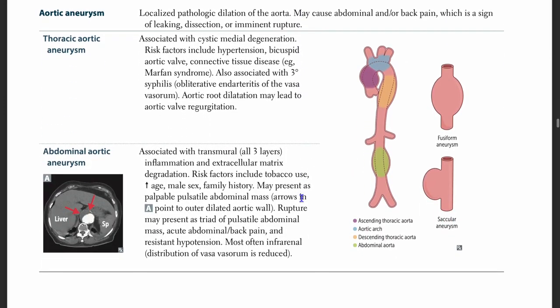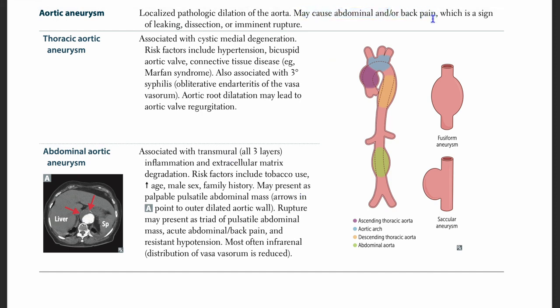Okay, aortic aneurysm. Done with atherosclerosis. Aortic aneurysm, localized pathologic dilation of the aorta, may cause abdominal and/or back pain, which is a sign of leaking, dissection, or imminent rupture. This is a buzzword for it. A patient who's